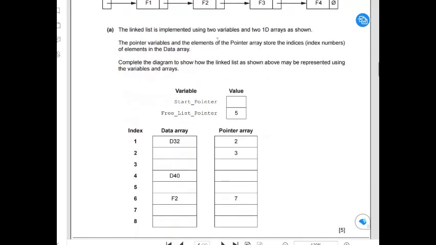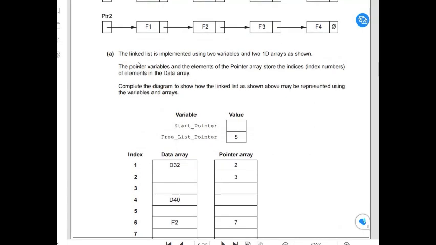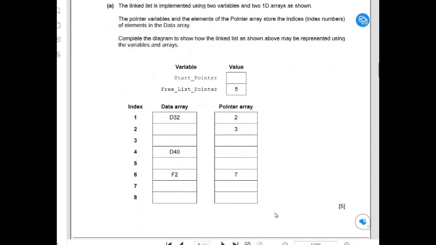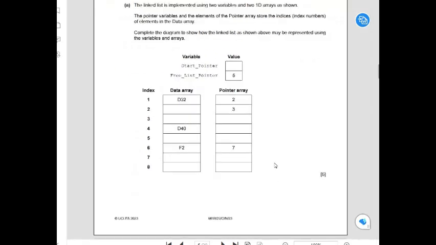So we've got a linked list implemented using 2 variables and 2 1D arrays. The pointer variables and elements of the pointer array will store the indices of elements in that data array. So we need to complete the diagram below to show how this linked list shown may be represented using variables